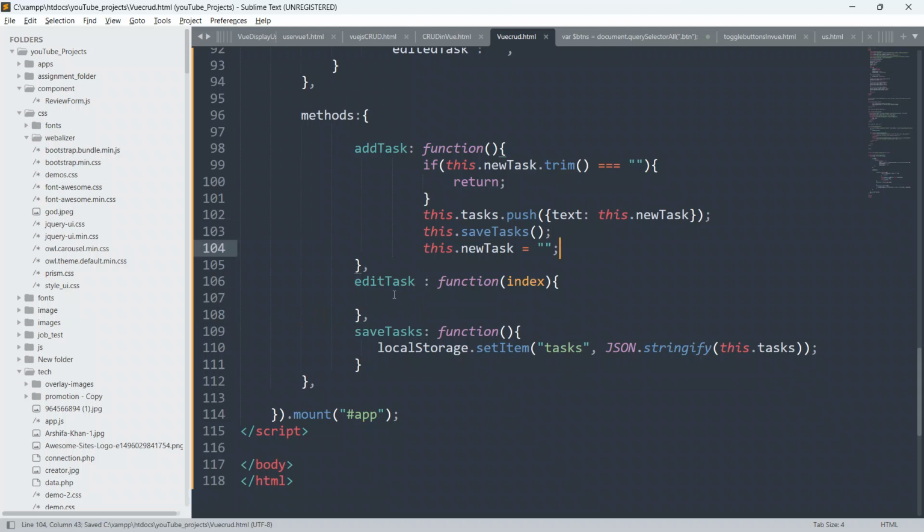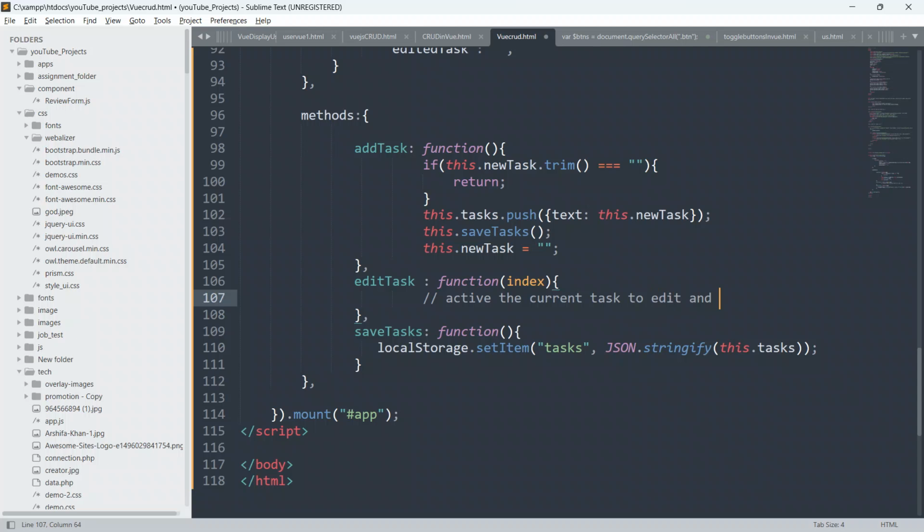So just pay attention. Let me write a comment also: activate the current task to edit.